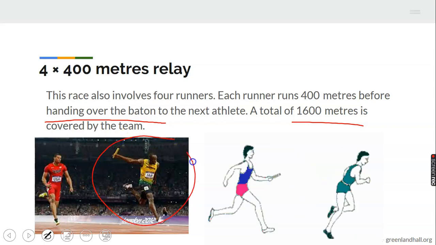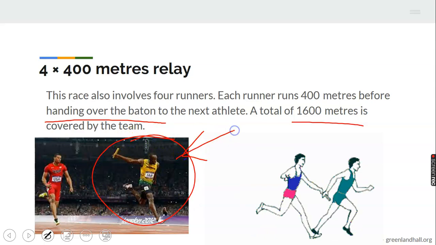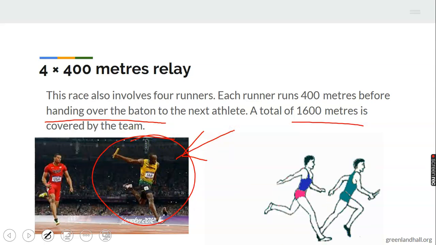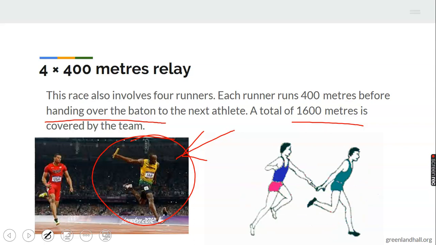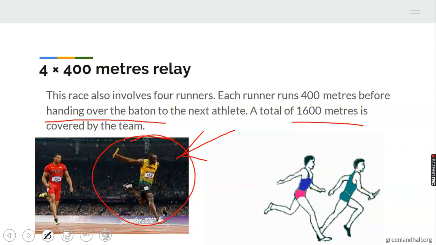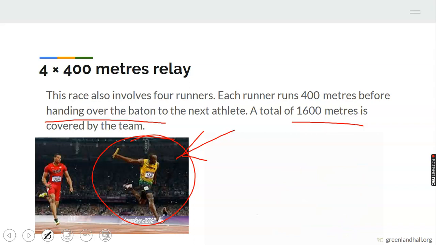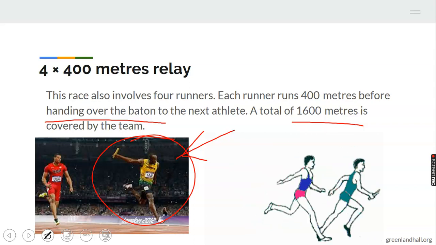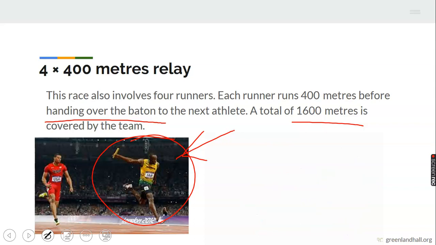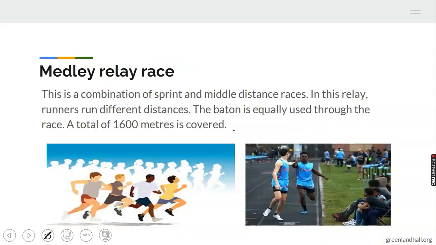You know, this guy here is a very good icon in relay race. He is a sprinter. That's Usain Bolt. He is sometimes called the fastest man in the world. Yeah. All right. So in a 4x400-meter race, we have four runners. They change the baton in the changeover zone, and they each run how many meters? 400-meter race. Good.